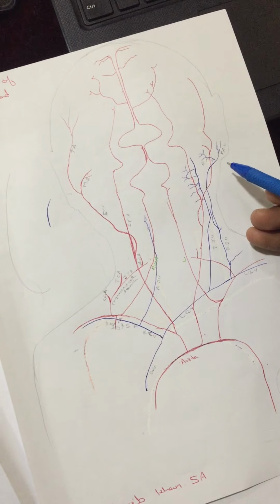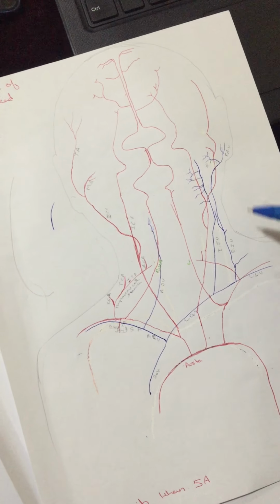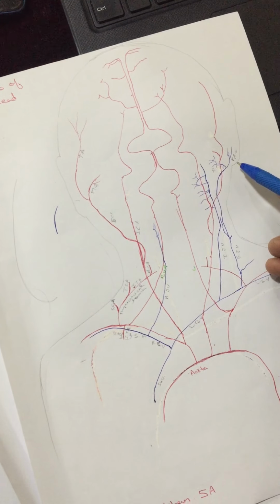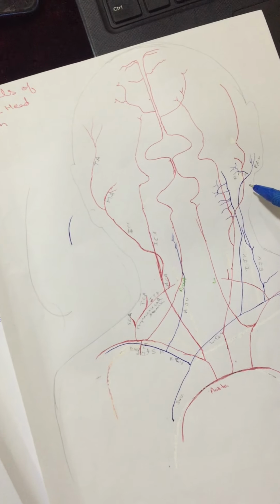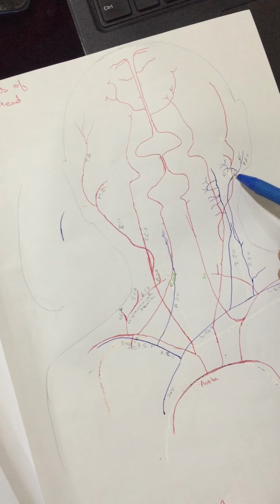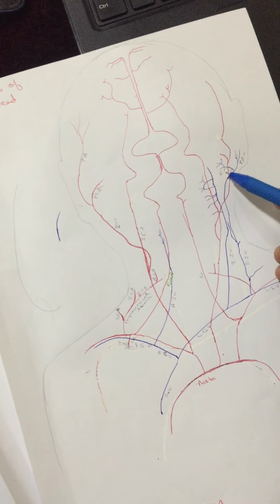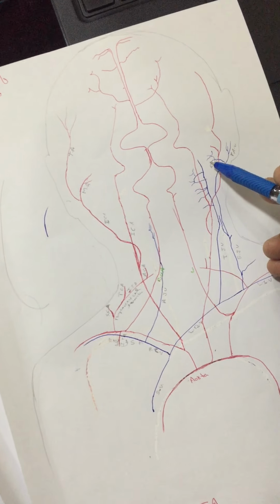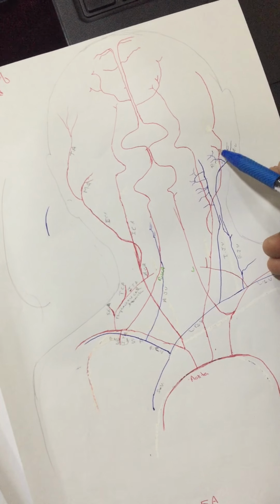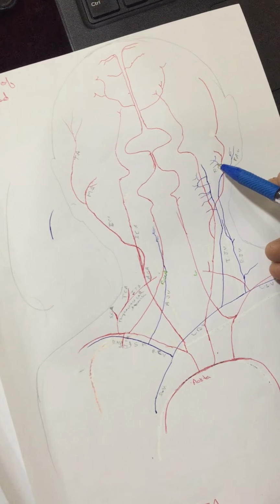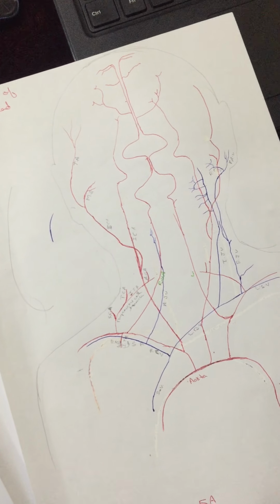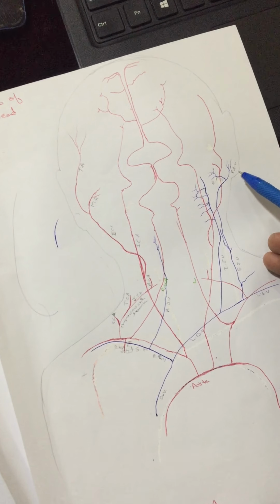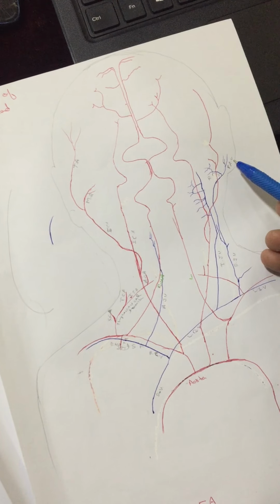The external jugular vein is formed from the posterior auricular vein and the retromandibular vein, and the retromandibular vein is formed from the maxillary vein and the superficial temporal vein. These two veins provide the main drainage of our facial region,